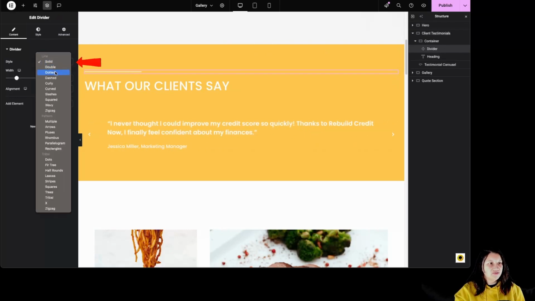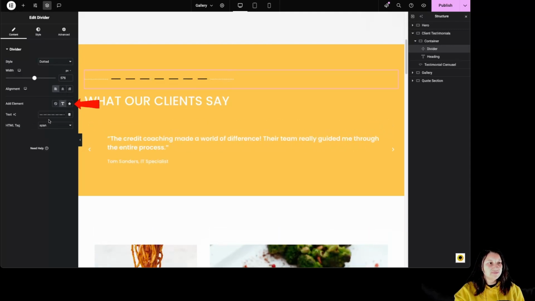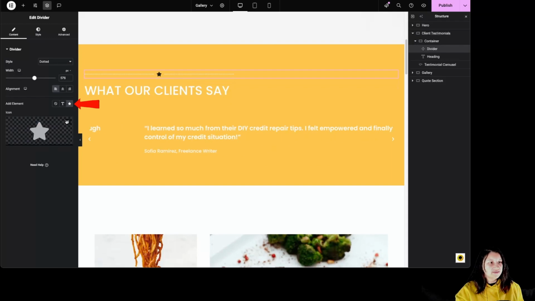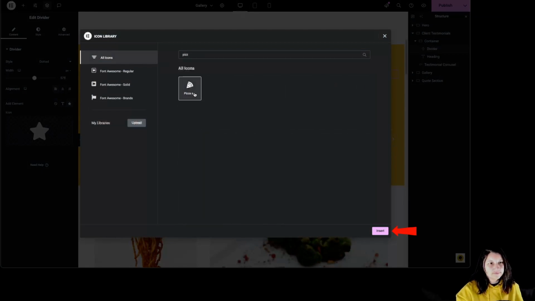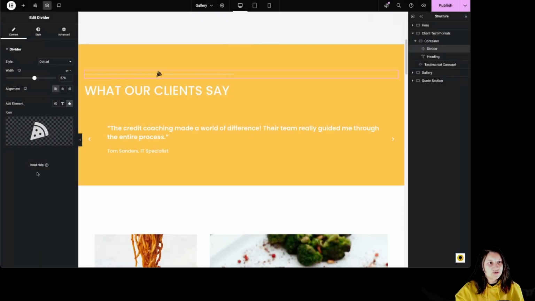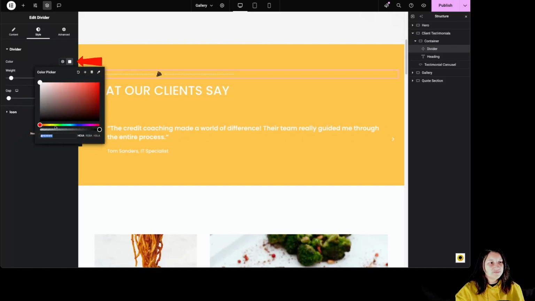We have the style from over here, the width, the alignment, and we can add an element to our divider, for example, some text or an icon. By clicking over here, we can change the icon, like so. By going to Style, we have settings for the divider, the color from over here,